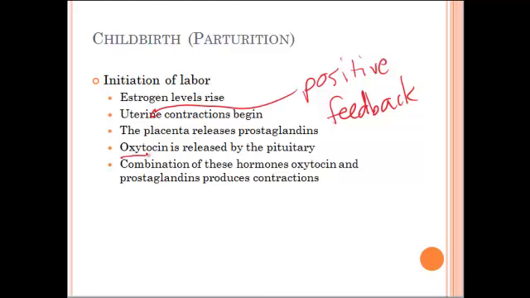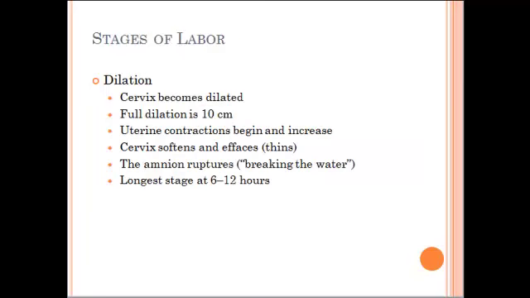Oxytocin is released by the pituitary gland to prepare, and it's going to continue the contractions in this way. There are 3 stages of labor. The first one is called dilation. In the dilation, the cervix becomes dilated. So full dilation of the cervix is about 10 centimeters, and during this stage of labor, the uterine contractions begin